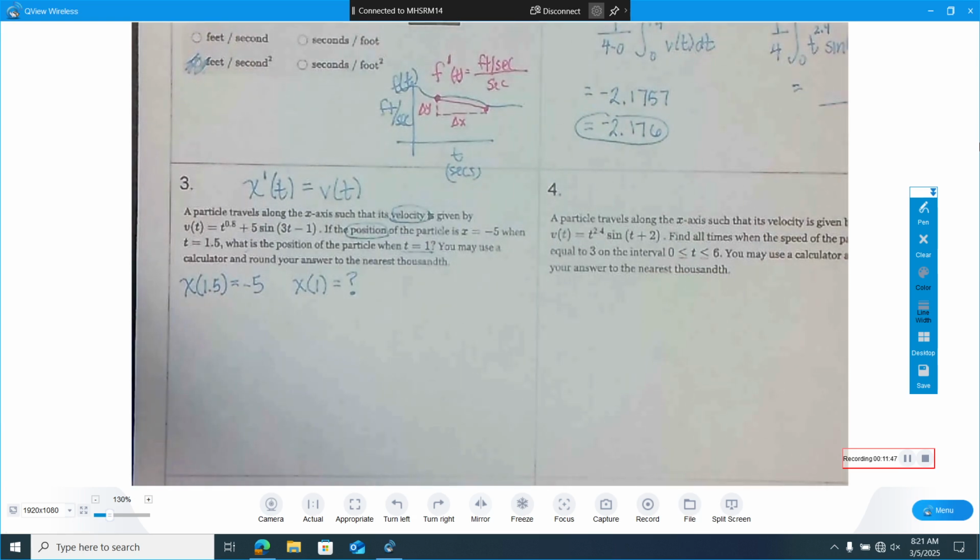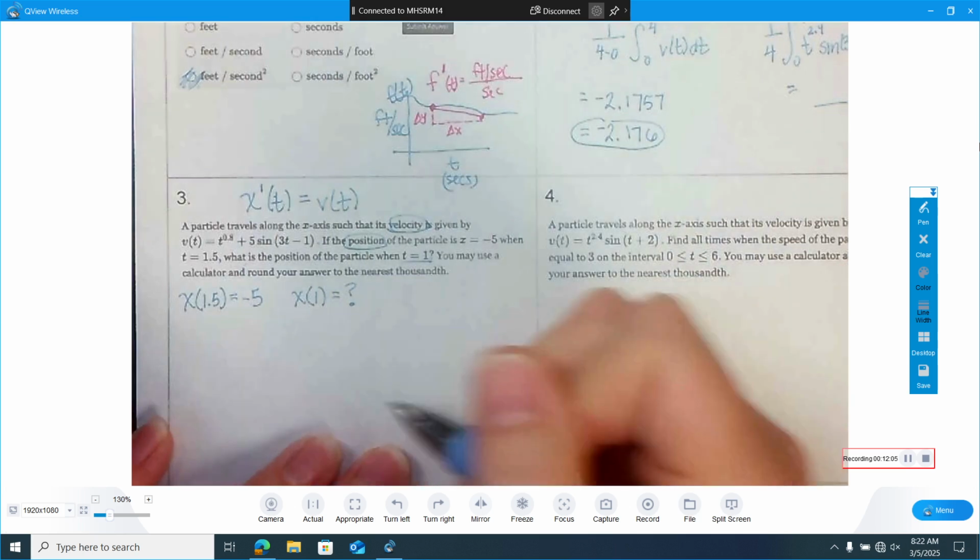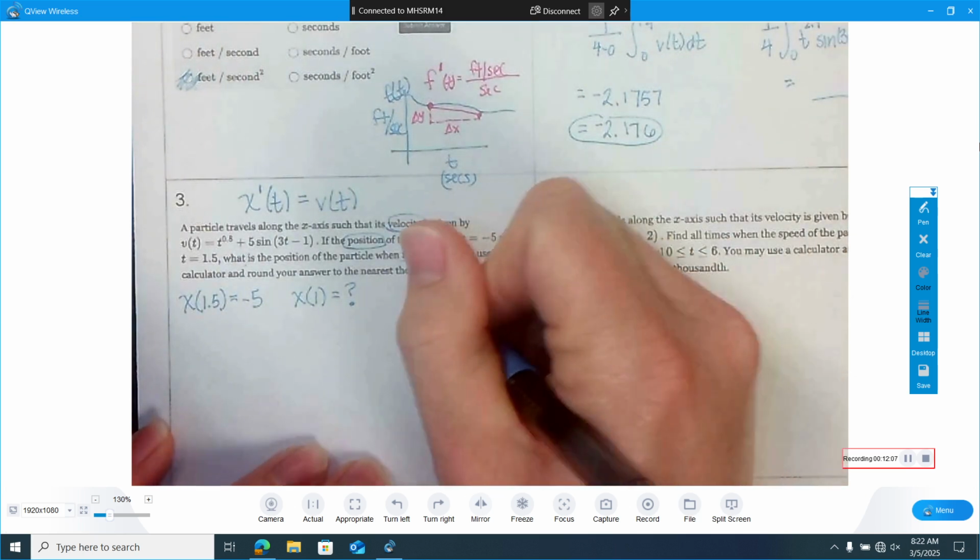So we have some information, and if you want to think about it, they gave us a derivative function. We want to figure out some information about the original function, the antiderivative, okay? This is the fundamental theorem of calculus. So just to write that down,